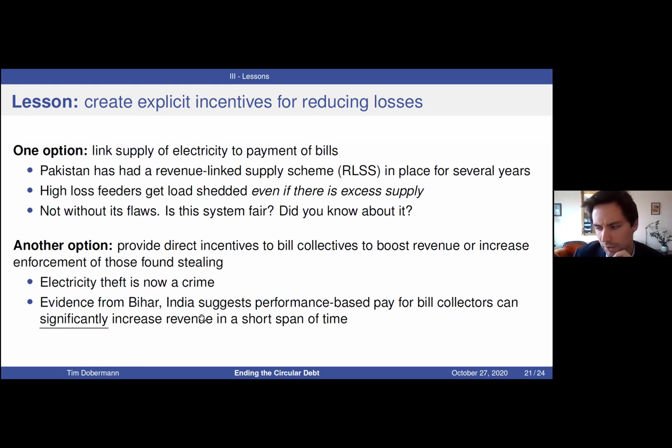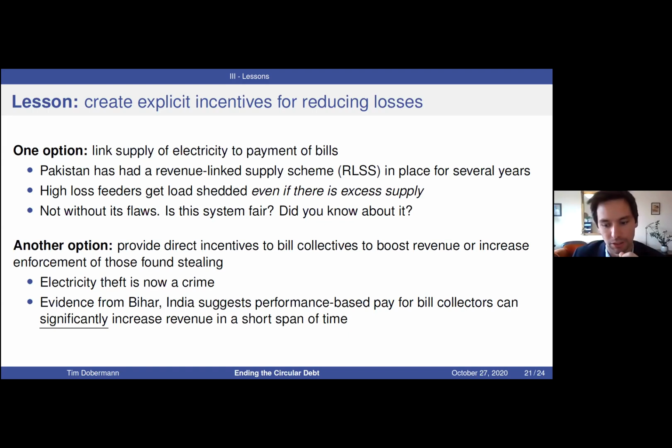Now, another item I'd like to think about is, what can we do in terms of interventions that might support the functioning of a utility? And we've seen evidence from India and other contexts that providing direct incentives to, say, bill collectors can actually be quite rewarding. So in Pakistan, there's a lot of famous work on performance-based pay for tax collectors. We've seen the same for utility officials in India, where by setting performance targets,